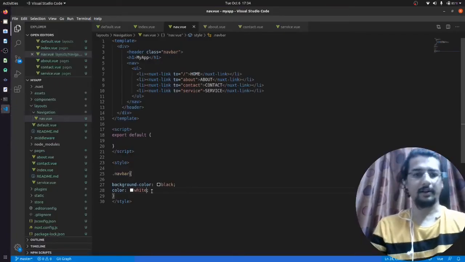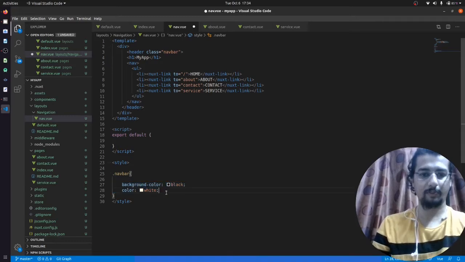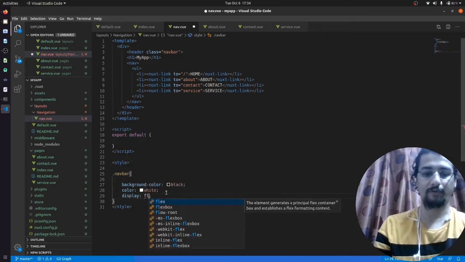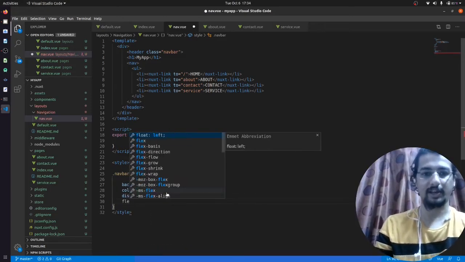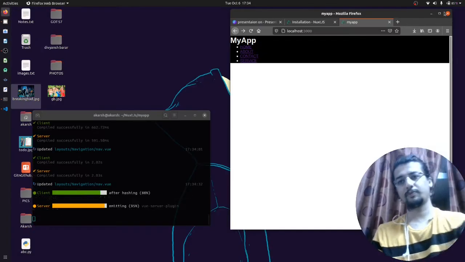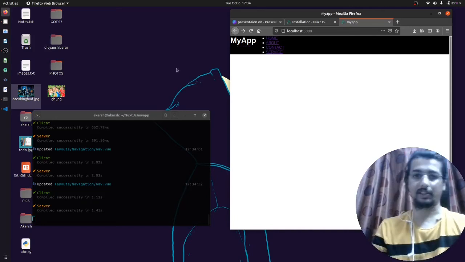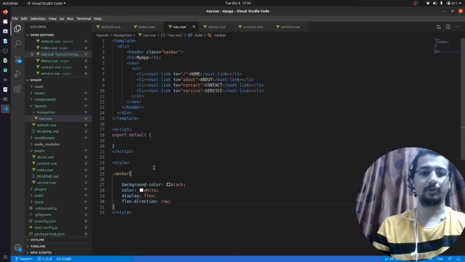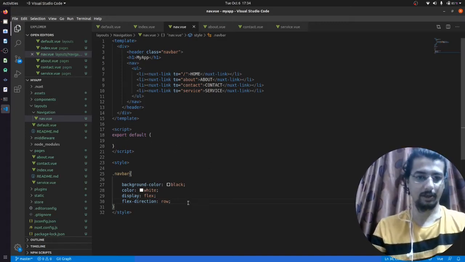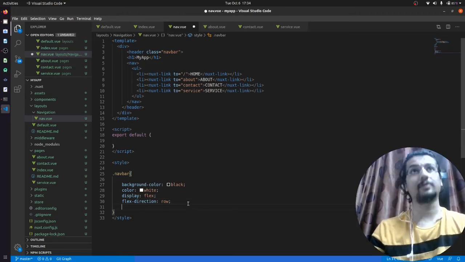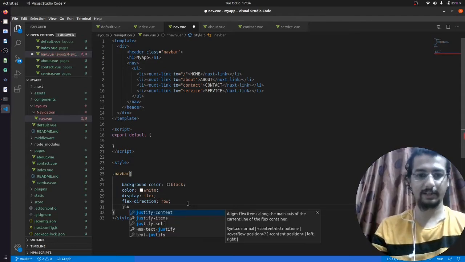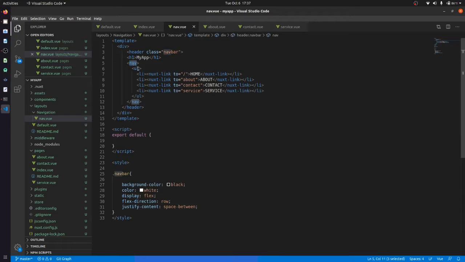Okay, and now we will just give it a display of flex, and flex direction should be row. Save, okay, flex direction is row. And now we will use justify content.